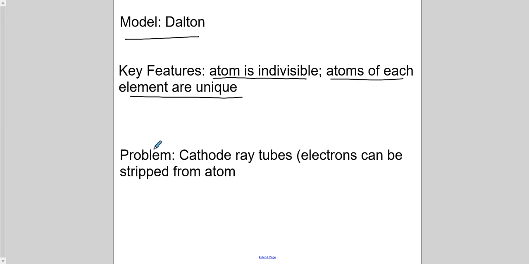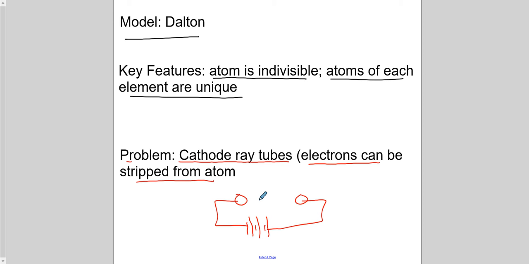Now, the problem with the Dalton model, or better yet, maybe we want to think of it as an opportunity to improve the model, was the cathode ray tube, this device that could take electrons from one side and accelerate them through a gap. So a real simple picture of that would be where we have these two electrodes and we apply a real high voltage across them, and as a result you can take electrons from one side and accelerate them